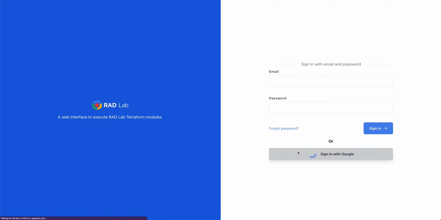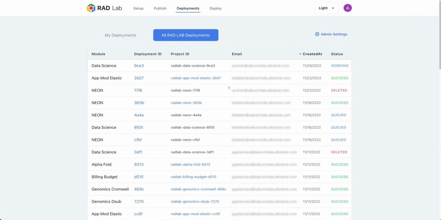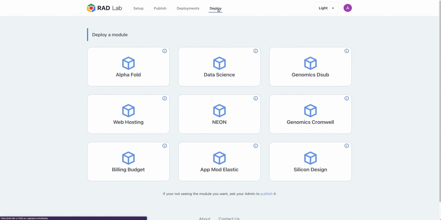I'm going to go ahead and sign in. And as I sign in, I'll be able to see deployments for myself and for others within my organization that they've deployed some of these modules that I talked about. And if I want to go ahead and deploy my own, I can come over here, and let's say I'm a data scientist and I don't want to have to write Terraform and get things stood up. I can just come to my organization's RAD Lab UI panel here, click on data science,